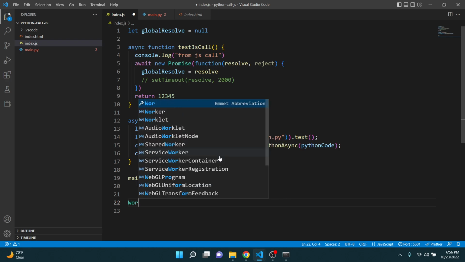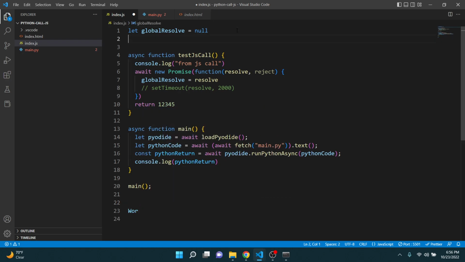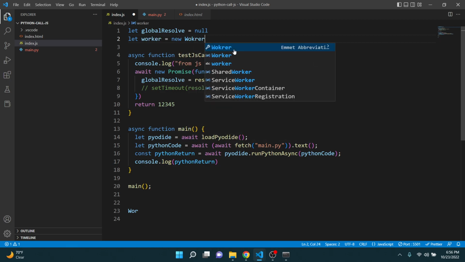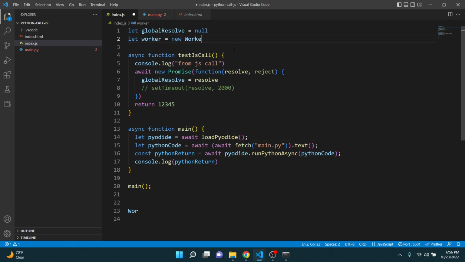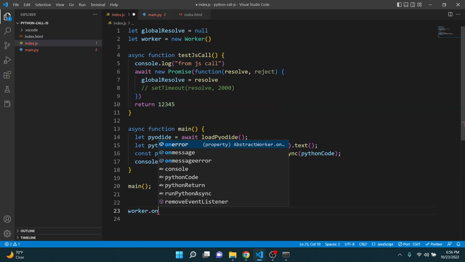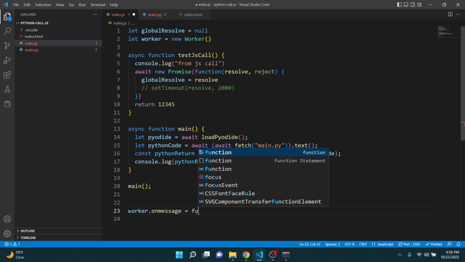Here, let's make a worker. Let's do let worker equals new worker. JavaScript file. Can you do that without a JavaScript file? But it'll be like worker dot on message equals function,